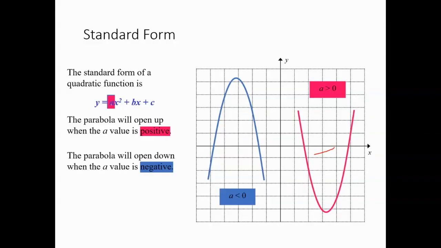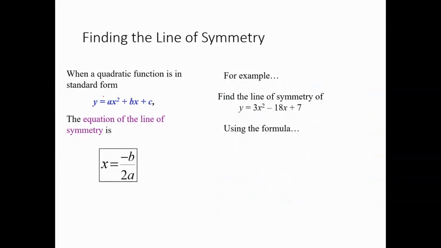And then if a is less than 0, then it means it's negative, and that means it opens down. So same rules apply to standard form. Now, finding the vertex isn't as easy. So if you remember in our vertex form,